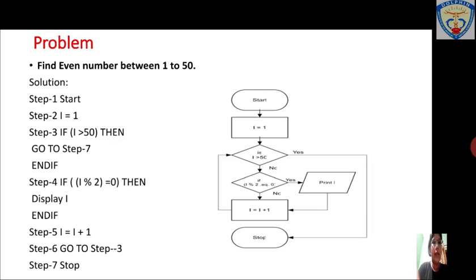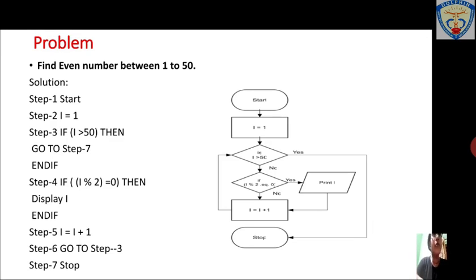If you get 0, then your number is even, so it will display I, which is 4. Then this statement completes, the if ends, and you increment the value, so the value of I becomes 5.